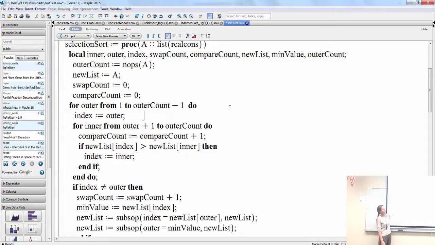And he made his more efficient by putting this line of code in. So the algorithm in the book actually didn't have this if statement in there. But if you had just this swap here, how many times does that swap happen? That many times. It's in the outer for loop. So you can tell that that swap is going to happen n times.